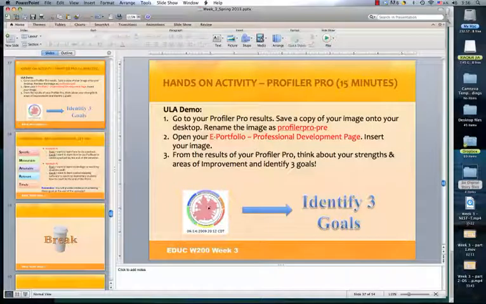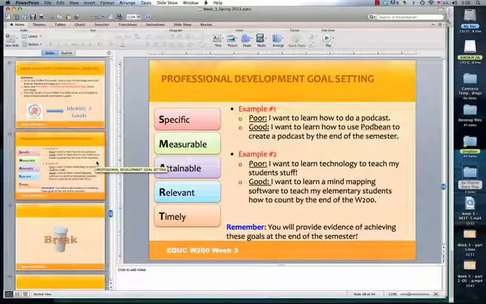Something like this should be what you use. For example, if you see right here, you need to go back to the question and find which part actually got a lower grade. Based on what you find, this will be your strengths and here will be your areas of improvement. You may have 5 or 6 strengths or more than 3 areas of improvement. Think about which ones are more relevant to you and choose the top 3 in both your strengths and areas of improvement. Then you develop your professional development goals accordingly.